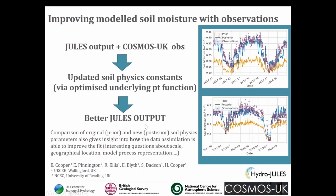I mentioned some of the issues with the modelling, that you've got intrinsic assumptions about aspects of the model. One of them, potentially the most uncertain, is the soil parameters that are used to do that soil moisture modelling. So there's been work with the Cosmos data and the Jules data to try, with a data assimilation approach, to use those meteorological observations at the Cosmos sites to drive this Jules model to get time series of modeled soil moisture at the sites, compare that to the actual observations, and then adjust those soil physics parameters in the model to get a better